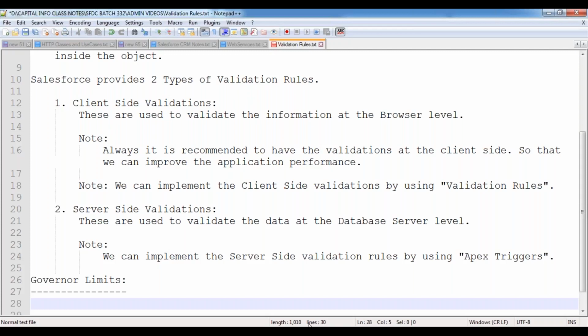Firoz, we can't hear you. The screen is also frozen. Not audible. I think Firoz lost connection. Can someone ping him on chat?